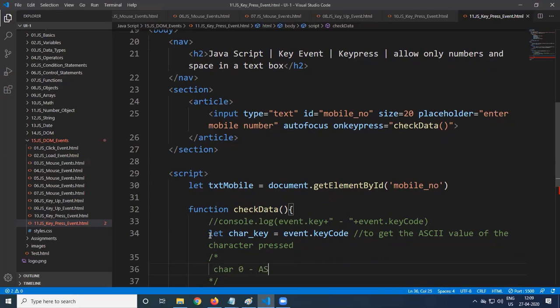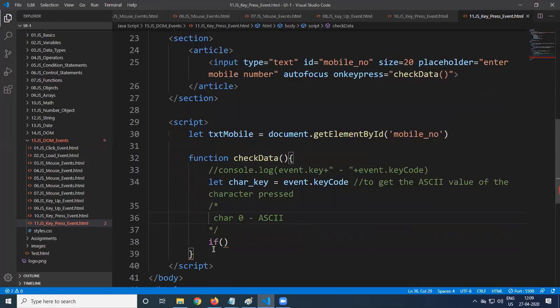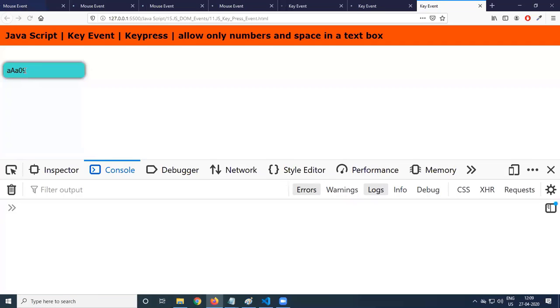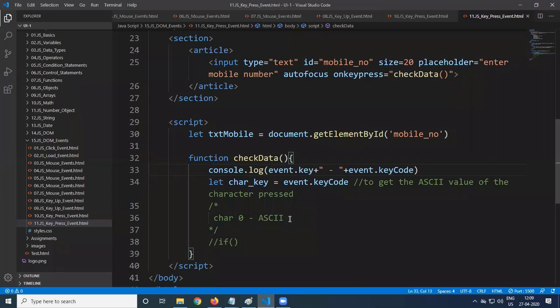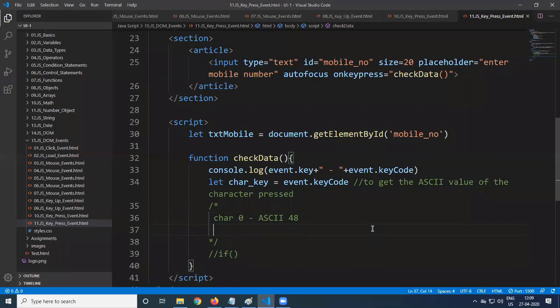What is ASCII? I put 0, ASCII 48. And if you press 9, ASCII 57.